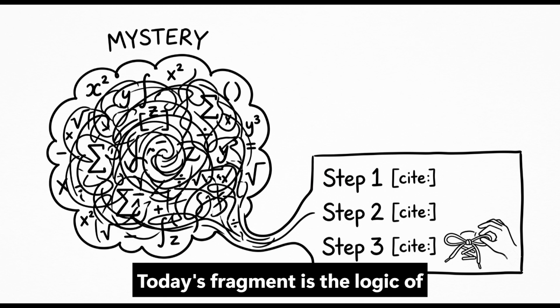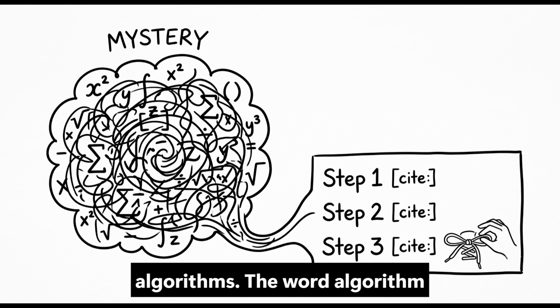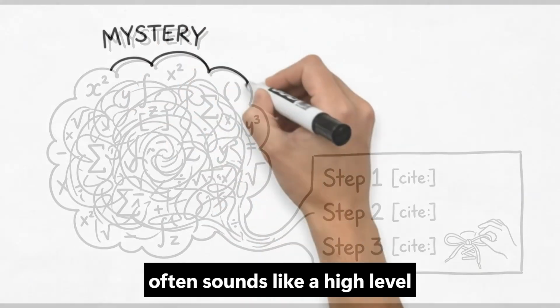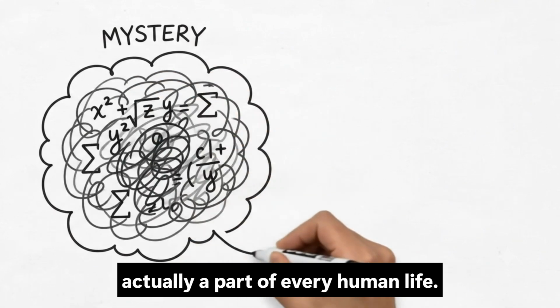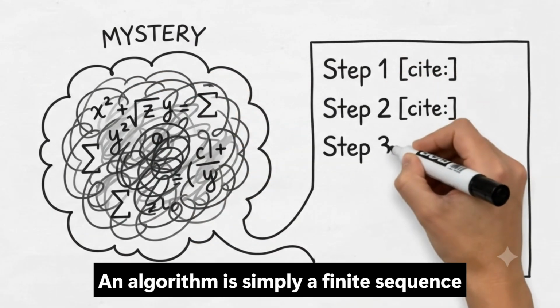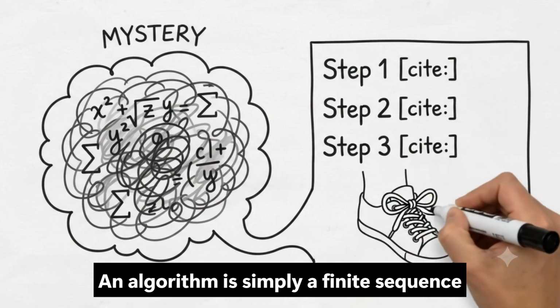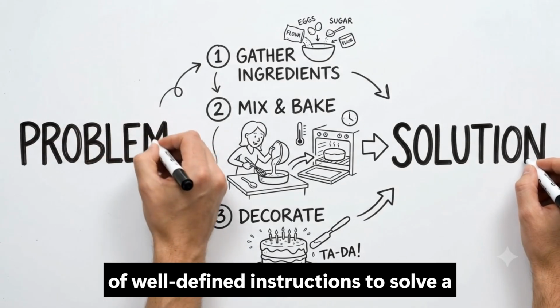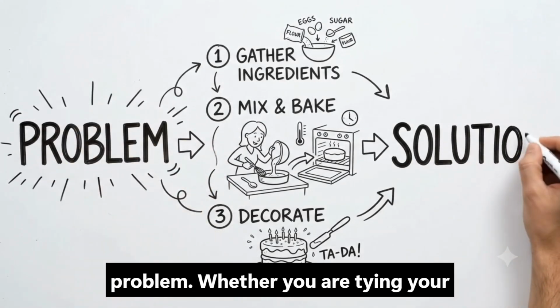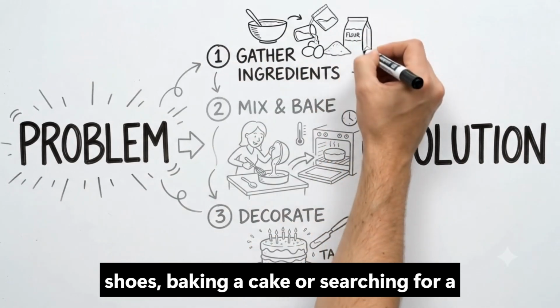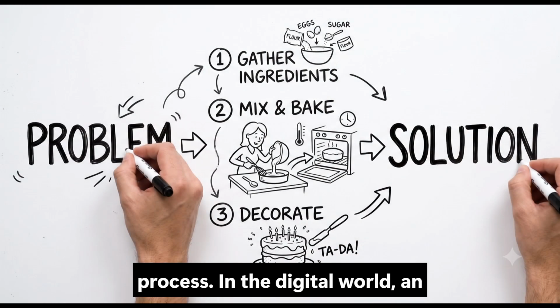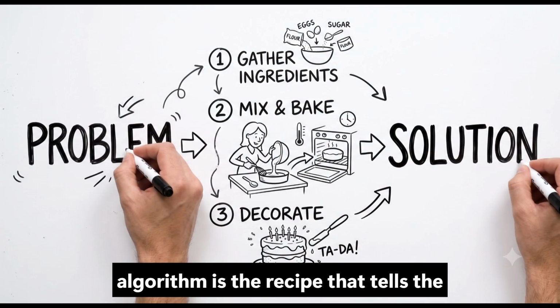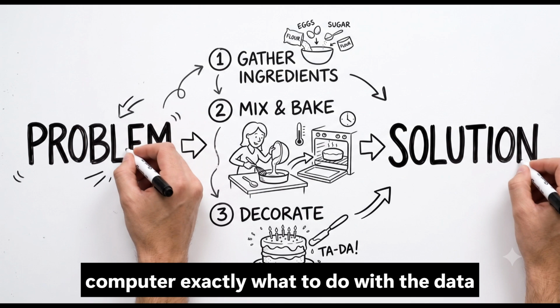Today's fragment is the logic of algorithms. The word algorithm often sounds like a high-level mathematical mystery, but the logic is actually a part of every human life. An algorithm is simply a finite sequence of well-defined instructions to solve a problem. Whether you are tying your shoes, baking a cake, or searching for a video, you are following a logical process. In the digital world, an algorithm is the recipe that tells the computer exactly what to do with the data